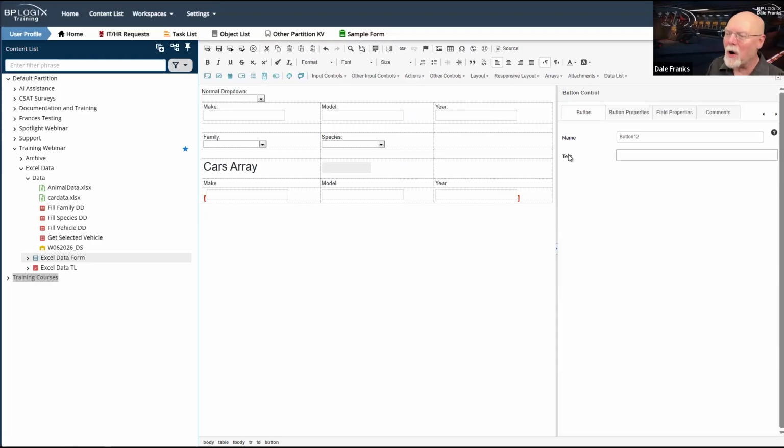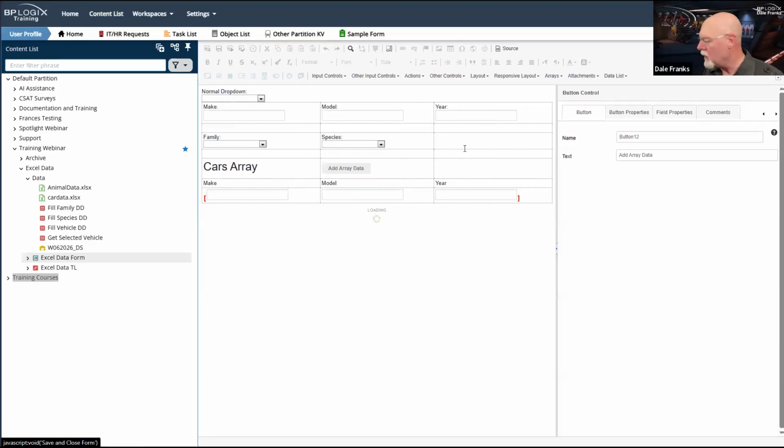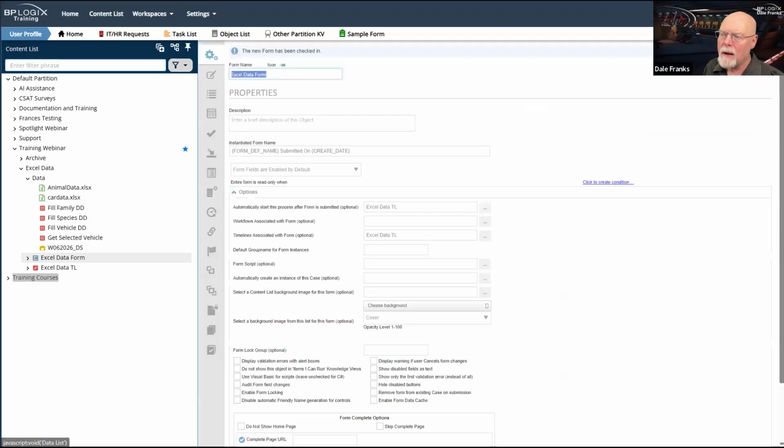That way it won't always show up as soon as the form loads. And we'll call this add array data. Okay, so now I have a button control that when we click, will add our array data. And I will save and close the form. Save, save, save, close, close, close.